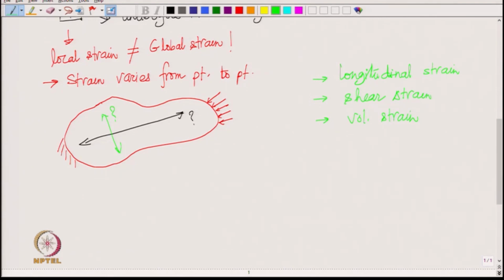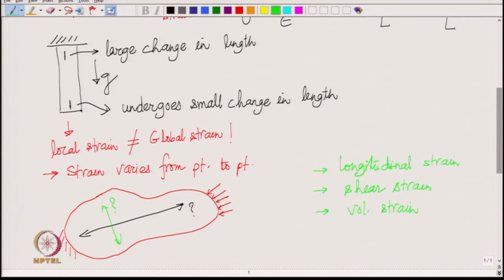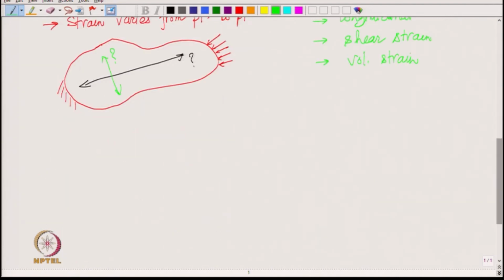Now, from the basic definition for the case of a bar, we saw that it is actually measuring the change in length over the original length, and you also saw for the case of a vertical bar that we thought of local strain. So, at some point we drew a line element and we started tracking how the length of that line element is changing. So, likewise in the 3D case also,